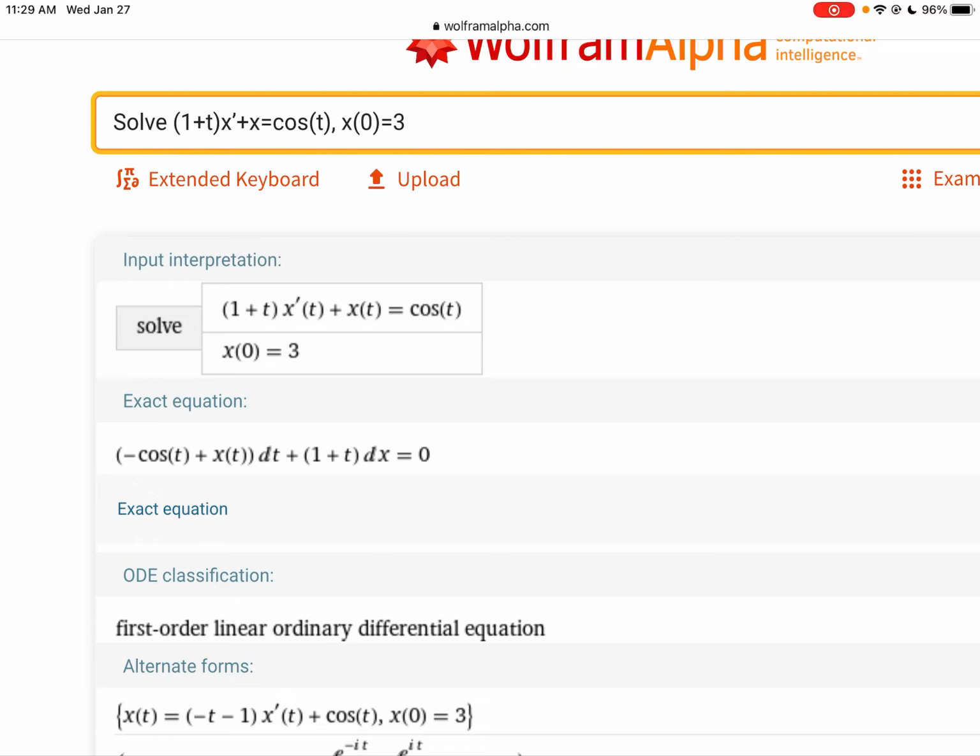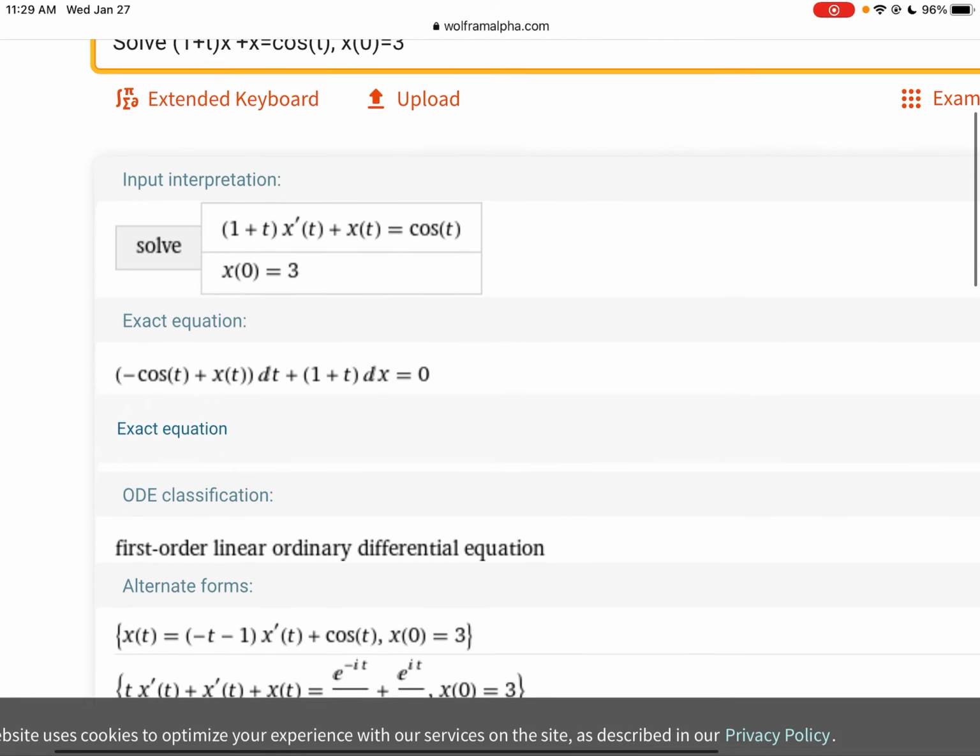Notice when it says the input interpretation area, it says 1 plus t times x prime of t. So it's recognizing that you're trying to say x is the dependent variable and the independent variable is t. So it's putting that of t next to the x prime and next to the x as function notation. That's not saying x prime times t, it's saying x prime of t as function notation. So everything's interpreted correctly, and then our solution